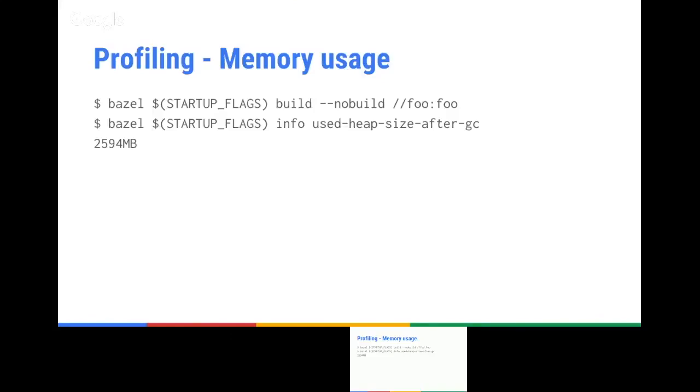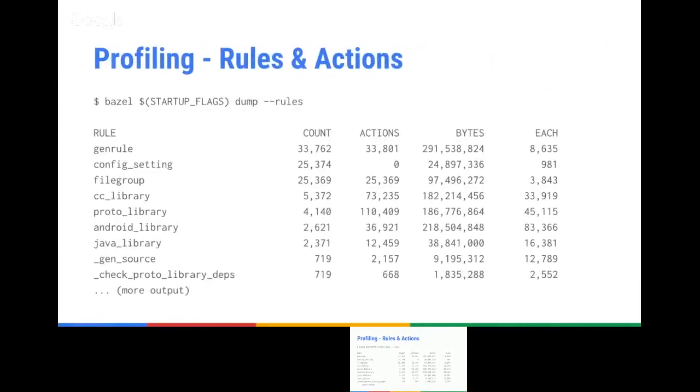But basically, you can get the memory usage of your build. So you analyze your targets, and then you see how much memory it's using. Of course, this number is useful, but you want more fine-grained information. So you can use this command with dump --rules, and you see how many rules